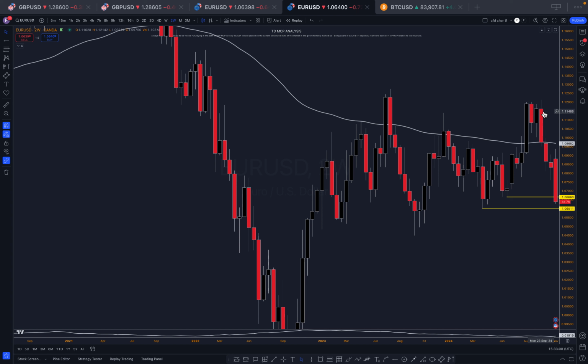What is a reaction? It's where the atom push itself pushes into an area where reactions tend to take place. For example, into an imbalance, into a zone, into a support resistance flip, into a fib level, below a low, or above a high, and then the atom push itself starts to structure itself in a fashion where it looks like it could potentially be done. So we focus on the structure.